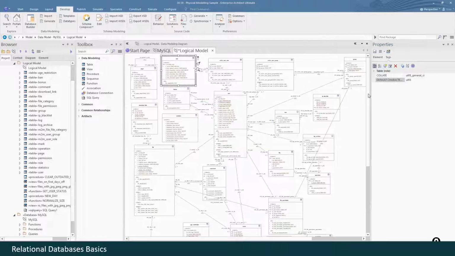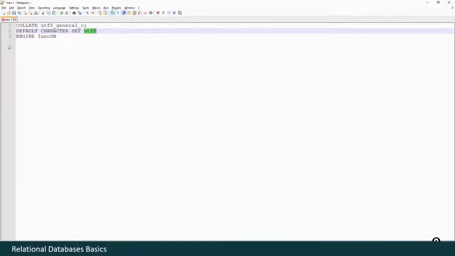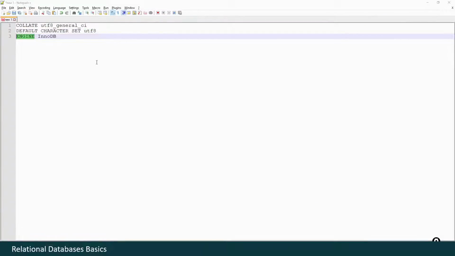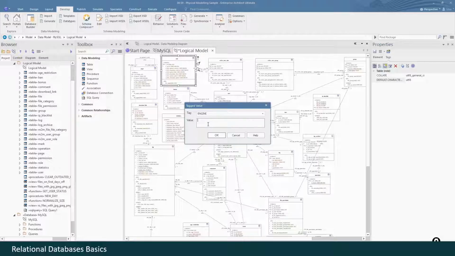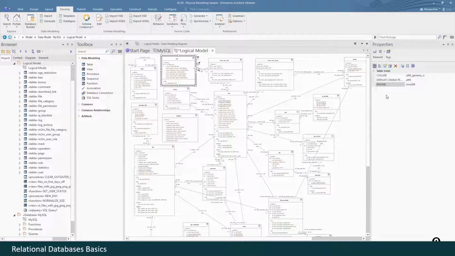Here it is. And the storage engine here in DB here. All done. And this information will appear in our SQL code.